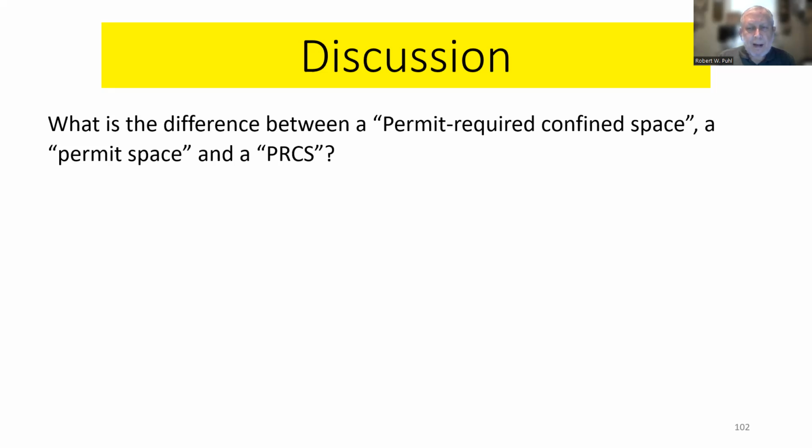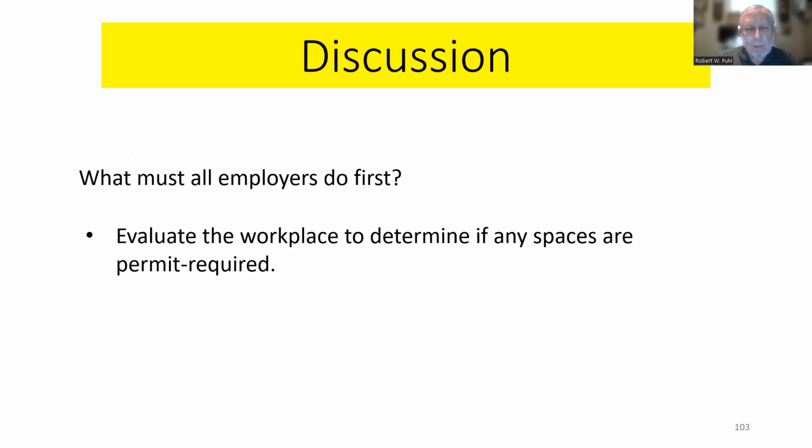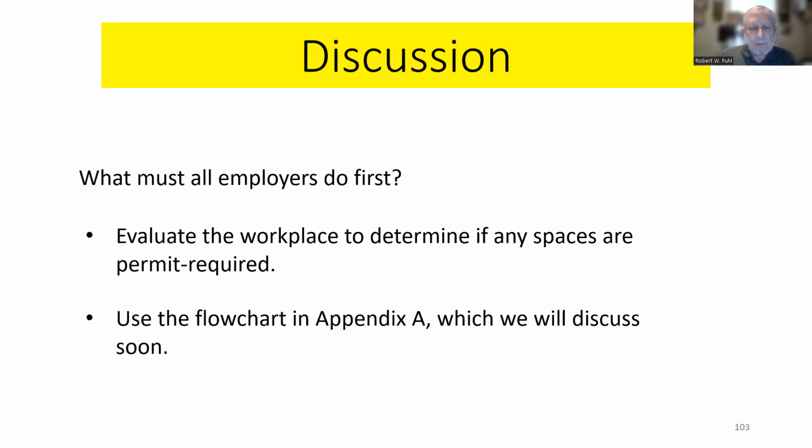What's the difference between a permit required confined space, a permit space, and a PRCS? Not a bit. They're all the same thing. What must all employers do first? Say your company bought another company, or you go to work for a company and maybe they haven't had a safety person before. What's the first thing you're going to do? Evaluate the workplace to determine if any spaces are permit required. Use the flowchart in Appendix A, and we'll talk about that when I get my